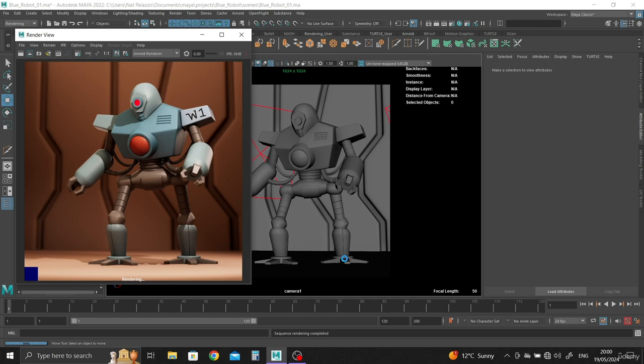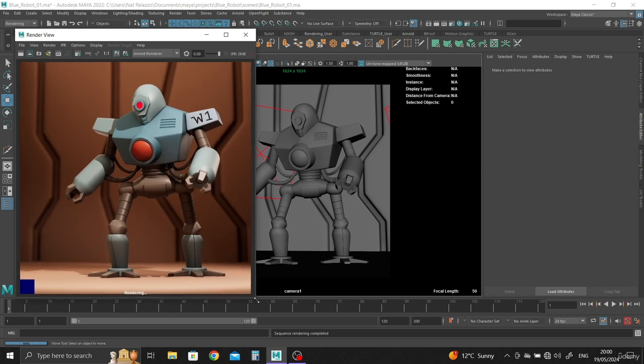Okay, so I'm back and it has finished rendering. It says here sequence rendering completed, although it's stuck on 99% with a little blue square there. It sometimes does that on my version of Maya anyway, but it has been rendered. And so there you go. I'm just going to make it a bit bigger,